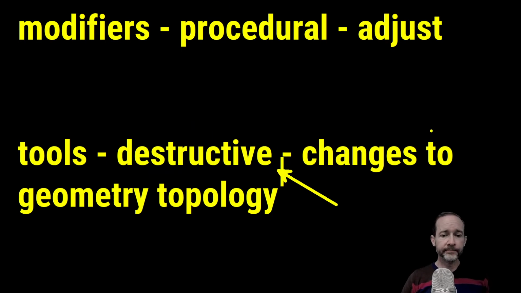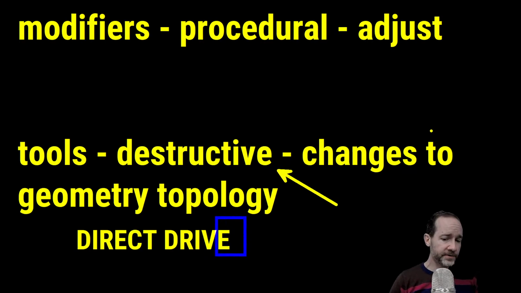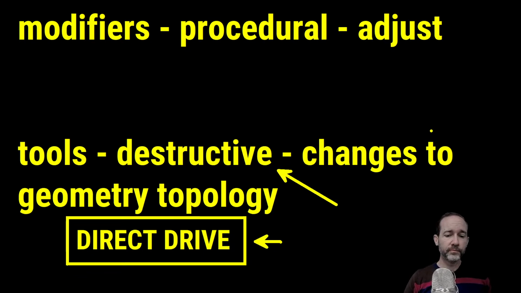But maybe a better term that I use often here is direct drive. This is the advantage that using tools offers, is that you just directly manipulate the thing. I use the tool to shave off this part or round this edge, and I'm done. That's it, right? There's no existing modifier that I need to keep track of the settings for. There's no interplay between this modifier and another modifier, all those kinds of things. And so this is somewhat analogous to